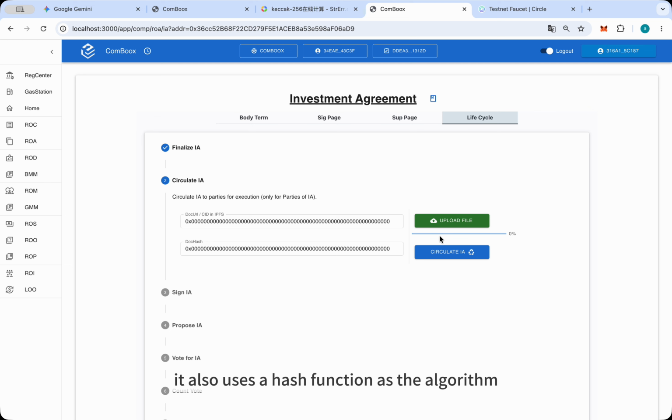It also uses a hash function as the algorithm, takes the electronic file as input, computes a specific hash value, and uses that hash value as the addressing label, guiding users to download or retrieve the target data in IPFS's distributed system. This target data can be directly drafted and uploaded in natural language, and encryption measures can also be added. For example, we can use asymmetric encryption so that only those with a specific private key can read the text. Or we can use symmetric encryption, share the key among shareholders, and let specific parties download the document locally,